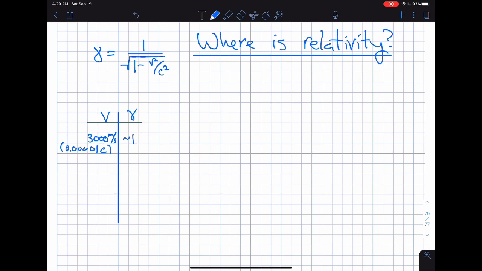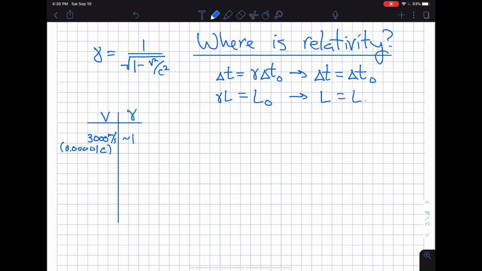So in all of our formulas, for example, time dilation, delta t equals gamma delta t naught. Gamma is essentially 1, so this says that delta t equals delta t naught. We're all in the same frame there. We're all going to see the same elapsed time between any two events. If we're talking about length contraction, okay, then it's L equals L naught over gamma. Excuse me, I did that wrong. Gamma L equals L naught, but gamma is 1. So guess what? This just says L is L naught. We all see the same lengths for everything. Everything is the same as its rest length. We don't see length contraction.